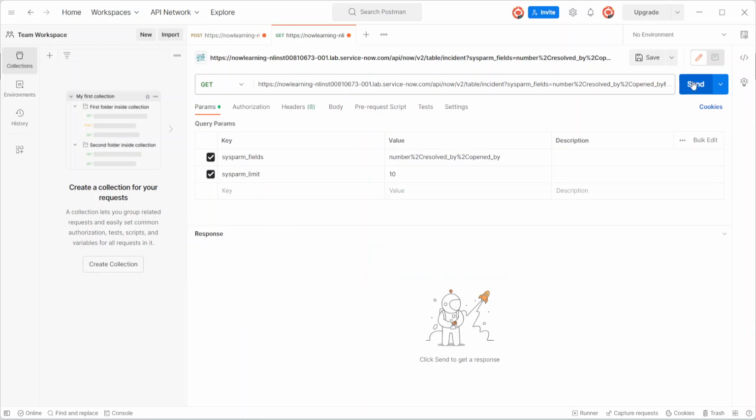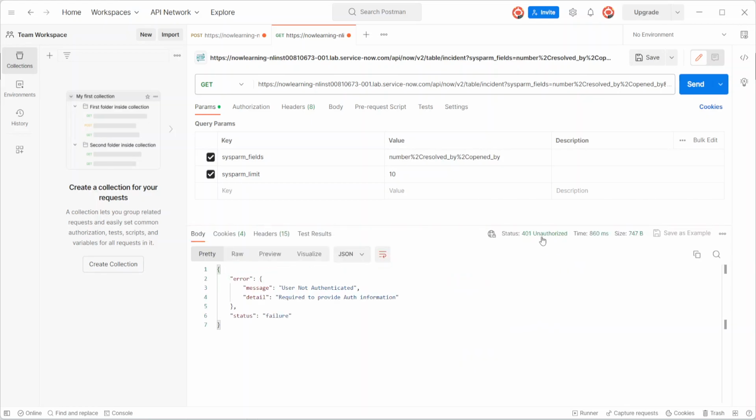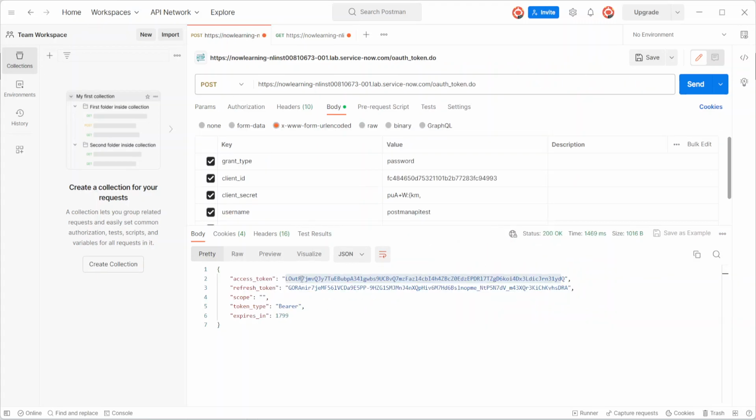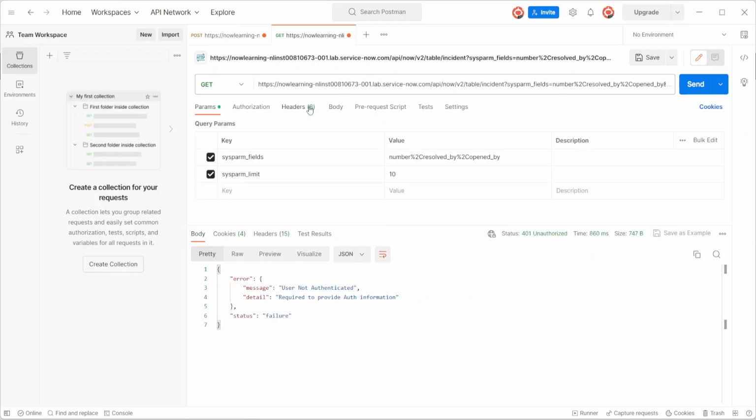See, I have chosen this without sending the access token. If I click on send, it will throw an error like unauthorized. So we need to pass the access token. We have generated this access token previously, so we need to copy this access token. And where do we need to pass the access token? We need to pass it under the headers, authorization. Key value is